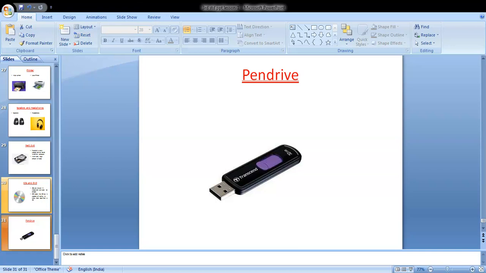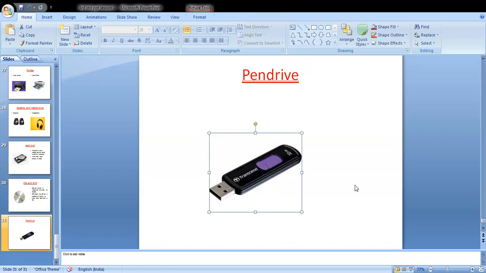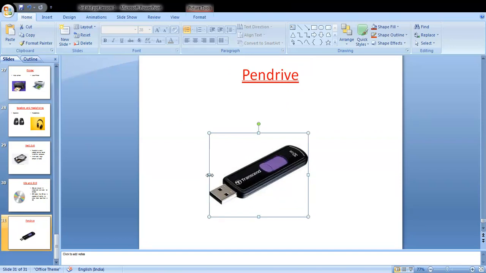Now I opened this presentation, which I am showing you, that I saved in this pen drive. A pen drive is also a storage device which is very small in size. There are many different sizes, shapes, and colors of pen drives.